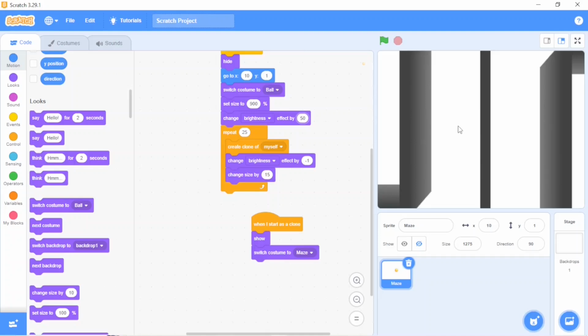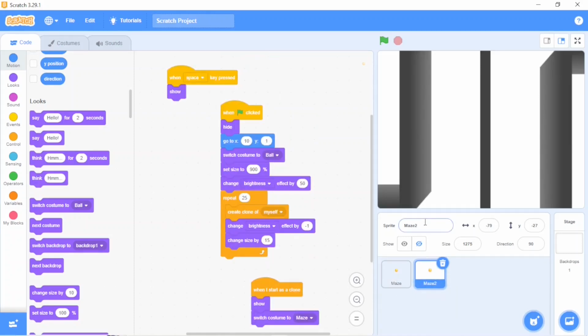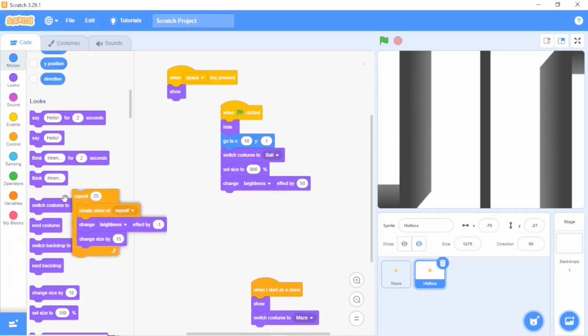If you want to make it move and look more visual, for that we are going to create the hitbox over here. For that, I need to duplicate it, and this one I will give the name hitbox. Now in this hitbox, what we need to do, I don't want the repeat over here.